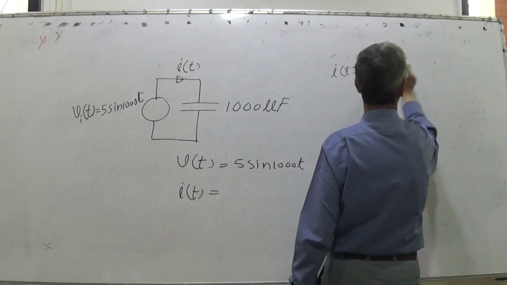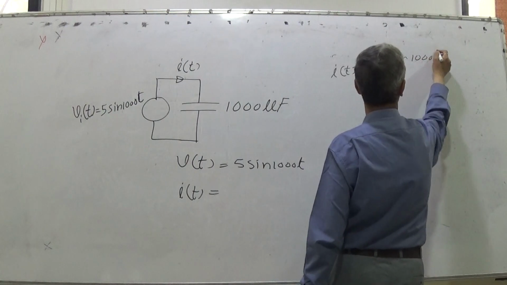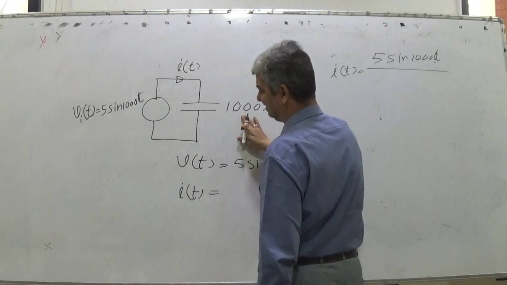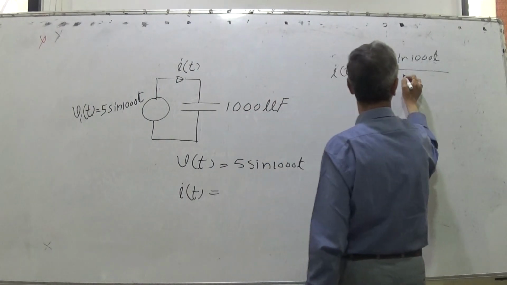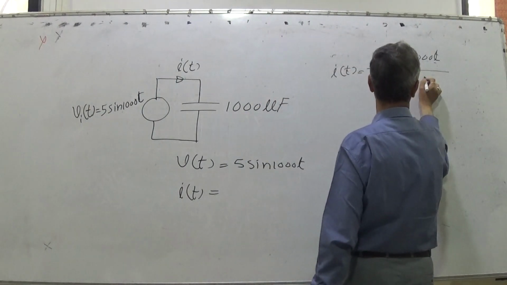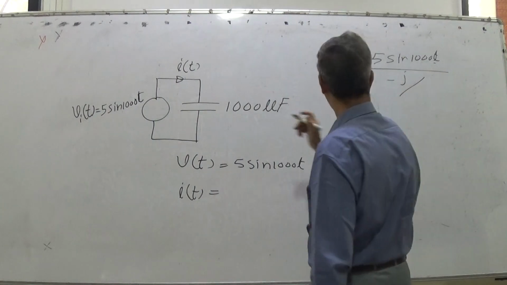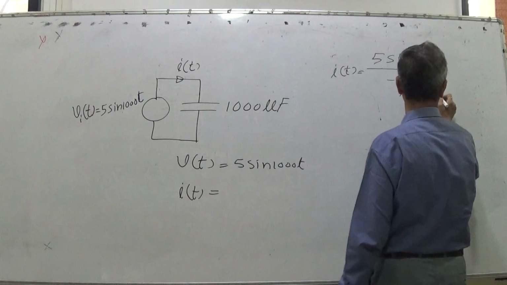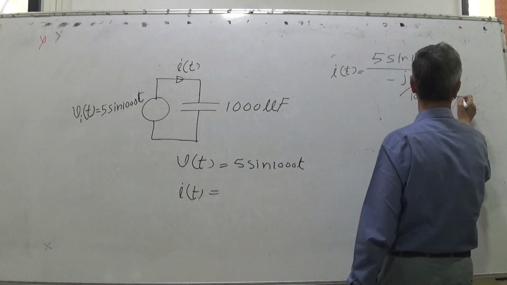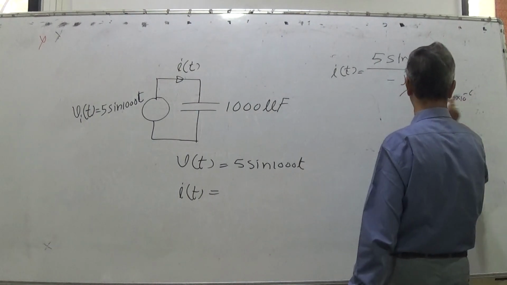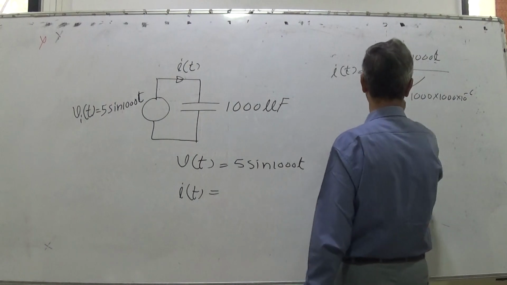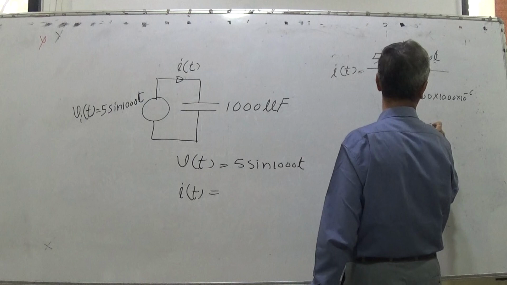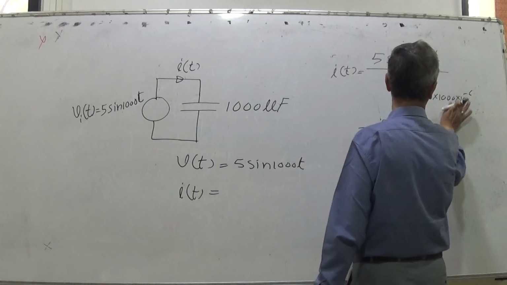sine 1000 T upon XC, capacitive impedance, that is minus J upon omega, which is 1000, and C, which is 1000 into 10 raised to minus 6. This I have chosen to be 1. So it is phi u sine of 1000